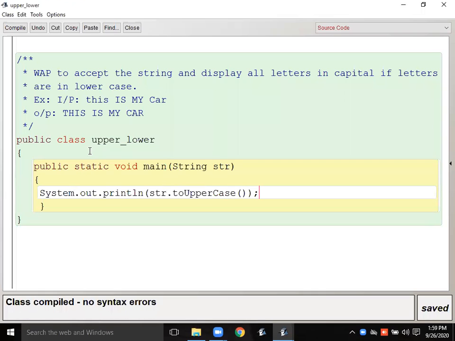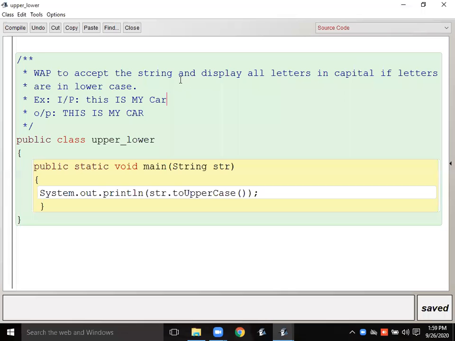No, my dear, it's not the correct answer actually. See the question. Write a program to accept the string and display all letters in capital. Okay, if letters are in lowercase, means I have to check the letters in the lowercase.